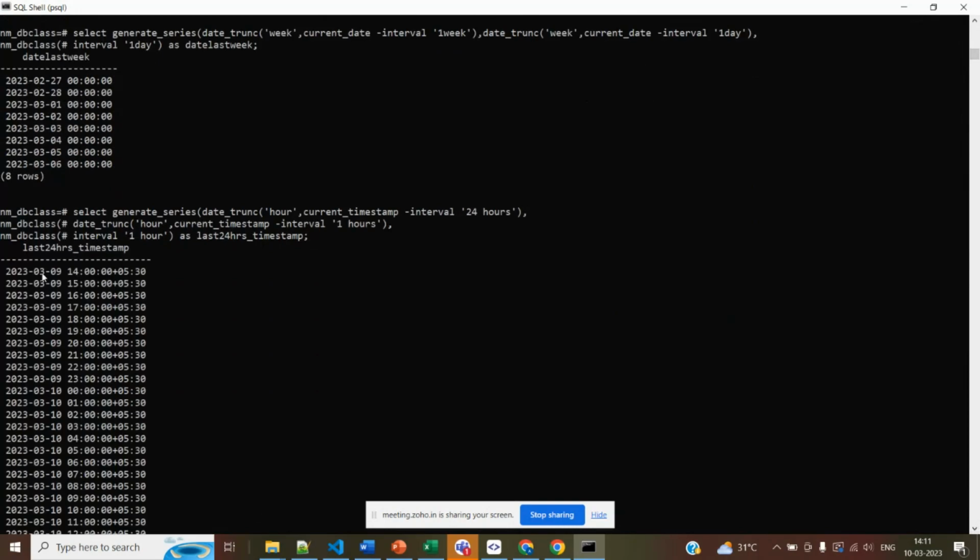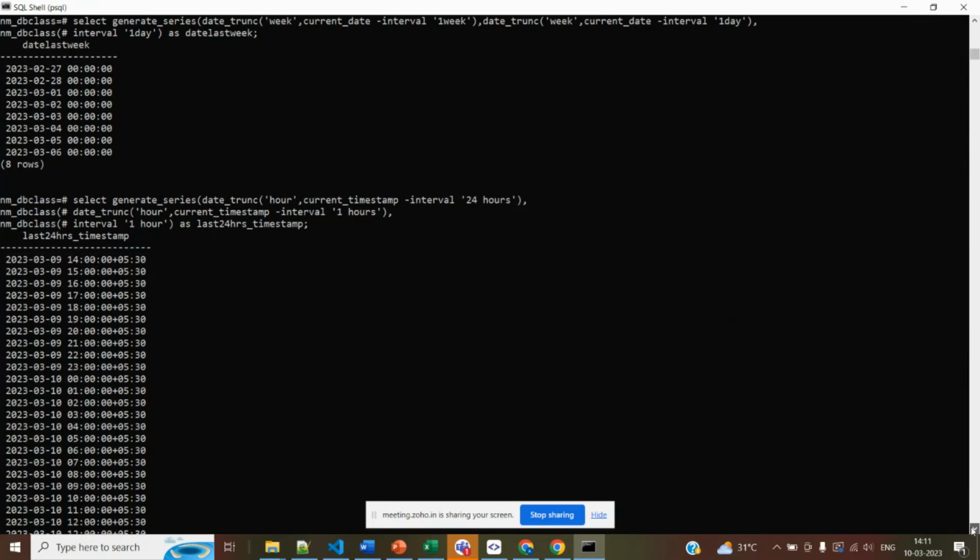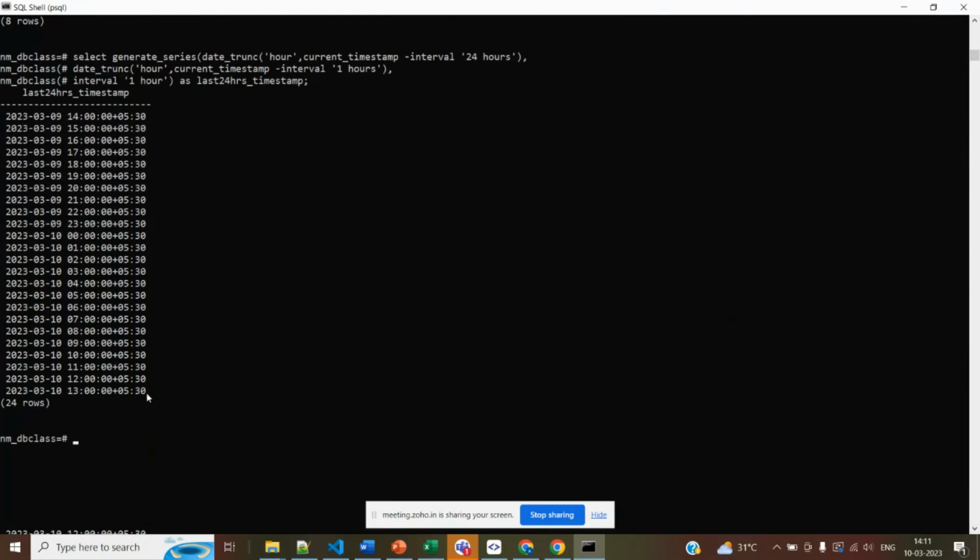Yes, it is generating. You can see starting from 14. Okay, it subtracted. See here, now the current time is 14:11. We have subtracted 24 hours before as the starting time. So it started from 20:23:09 from yesterday's time till 1 hour before. From the current timestamp, see here, till 13 it generated. Okay, so likewise you can do any kind of time-related